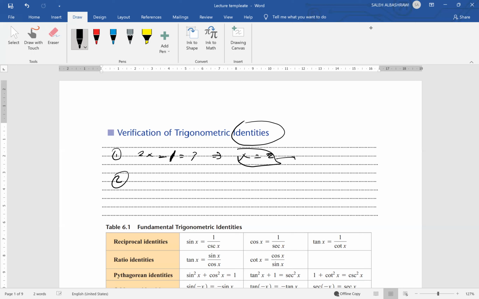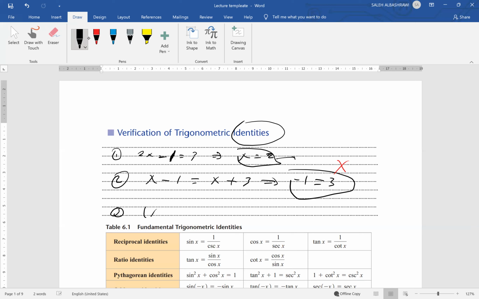The other type, if we have x minus 1 equal to x plus 3, this will imply minus 1 equal to 3. But we know that minus 1 is never equal to 3. We call this contradiction. Contradiction, it is an equation or just expression which is not true for any value of x. So there's no value for x makes this equation true. The left-hand side will never equal to the right-hand side. We call this contradiction. Third type,